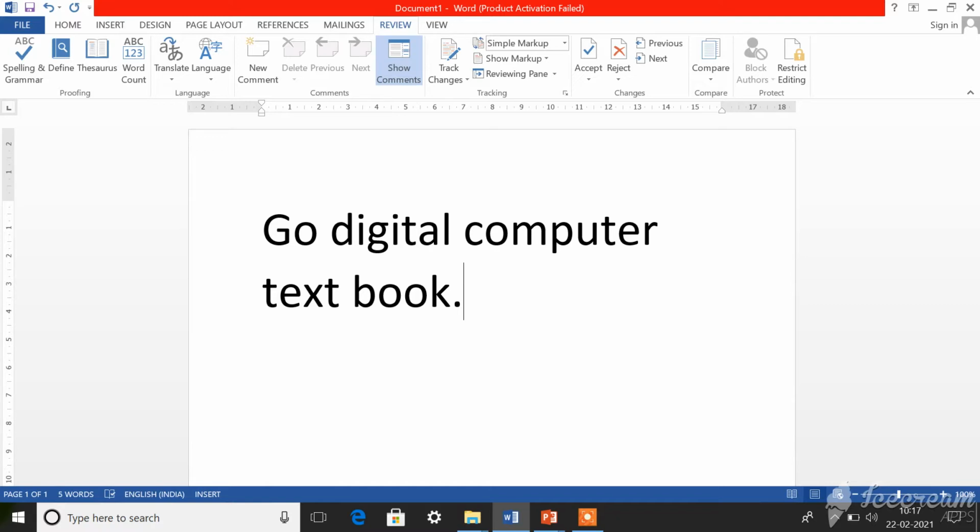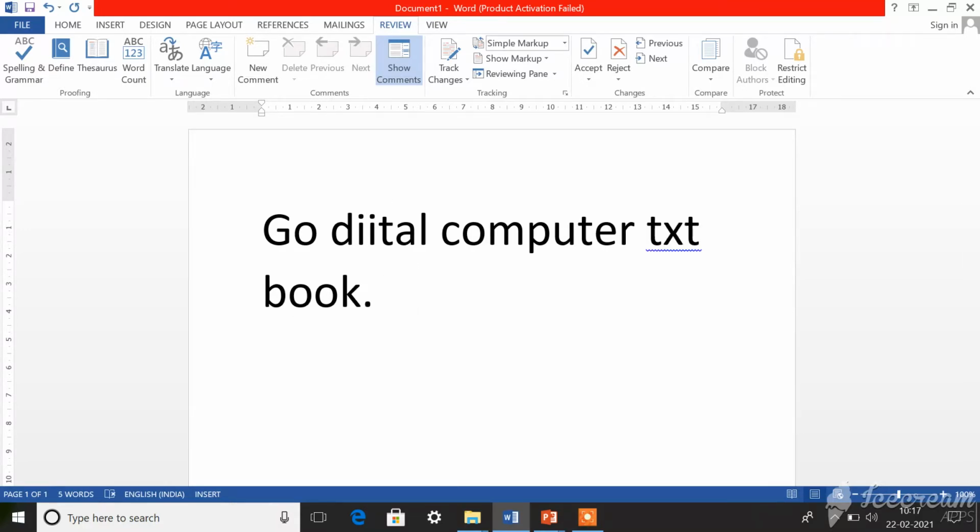For example, instead of this text, T-E-X-T, let me type T-X-T. So this is wrong, isn't it? Immediately you can see there is a blue wavy line here. That means a grammatical mistake.